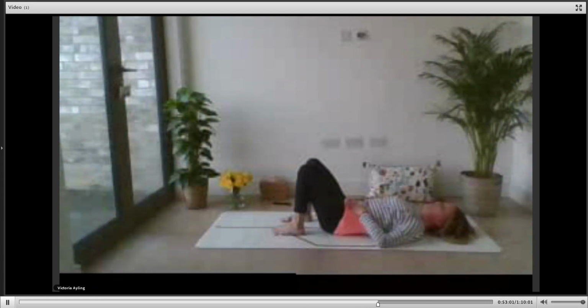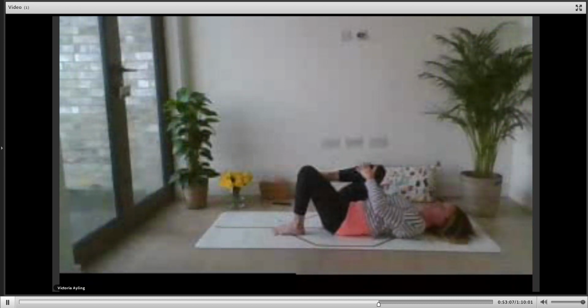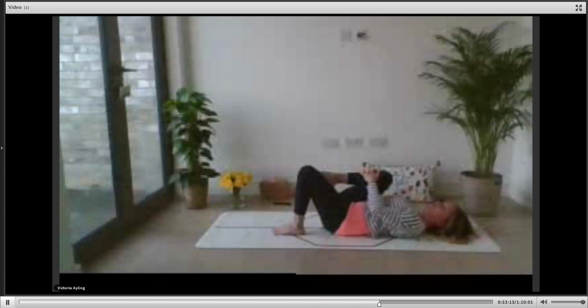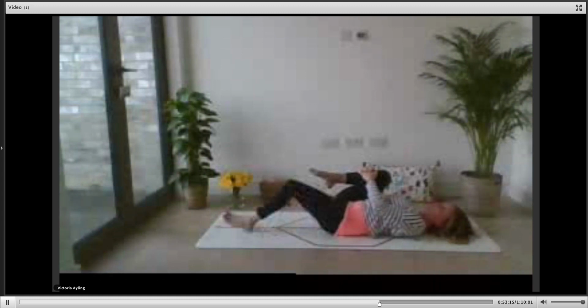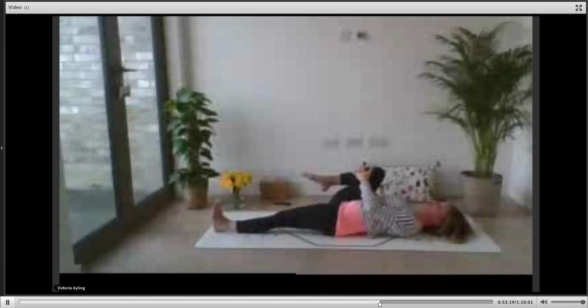And then we'll move into some gentle movements here. So bring your right knee in towards the chest, and you can interlace your fingers on that right shin, so you squeeze the thigh in towards you. And you can straighten the other leg on the floor. So straighten the left leg on the floor. And relax the shoulders and the face.